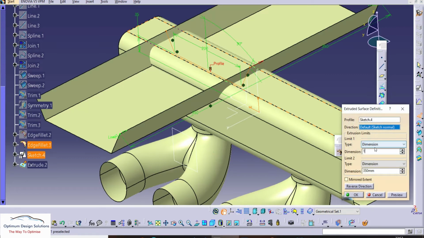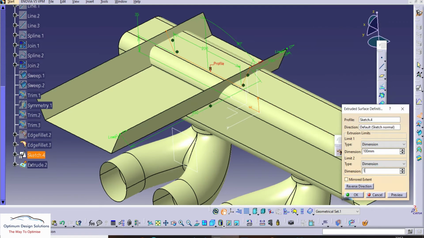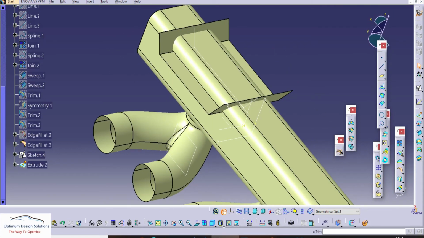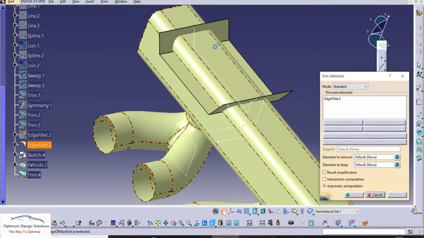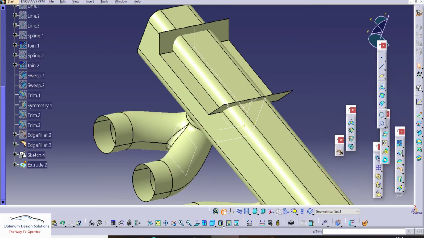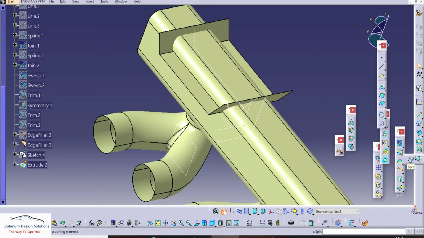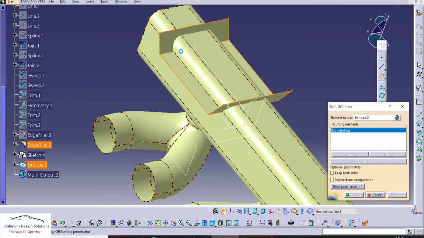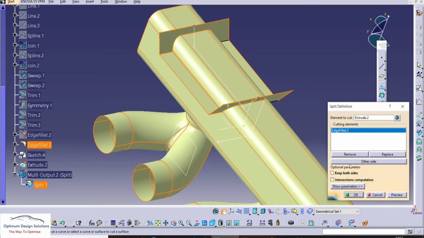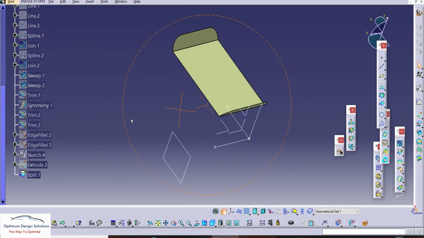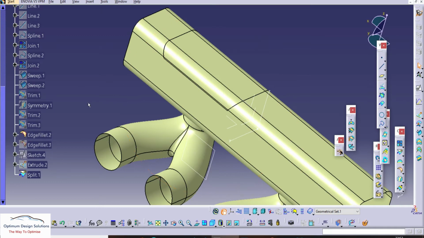In the same way we will do the operations by using the trim command and split command. We'll do the pocket impression on our rectangular basic part. So we are using the split command here, individual split. Okay, you can refer, we'll hide this one. So this is the split of our extruded part.